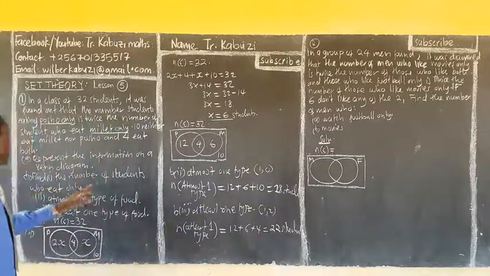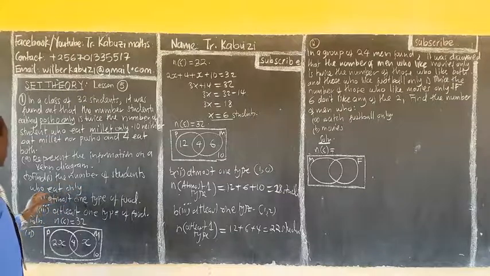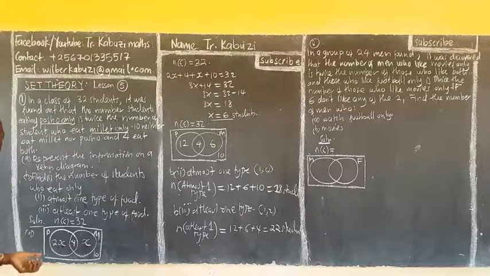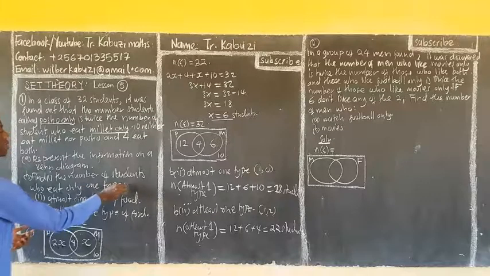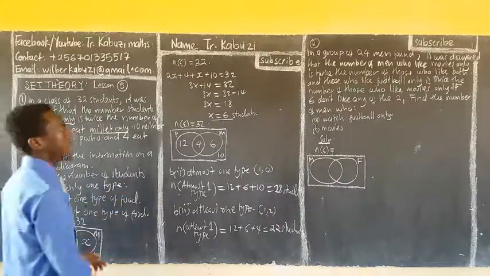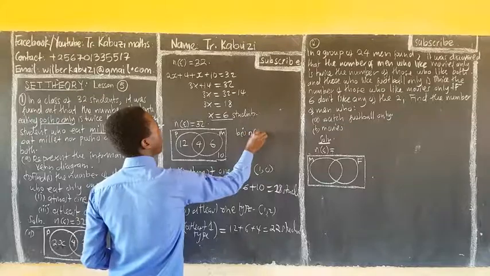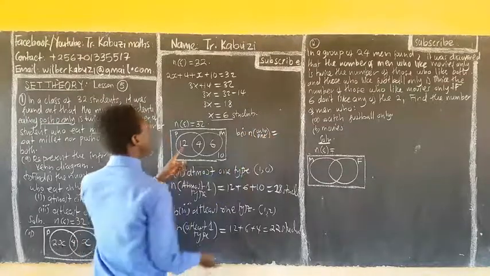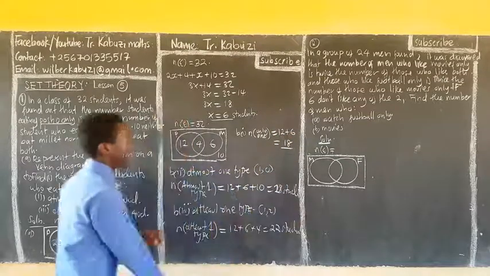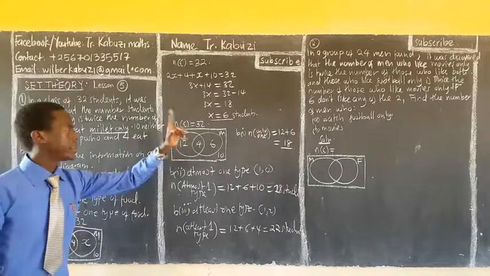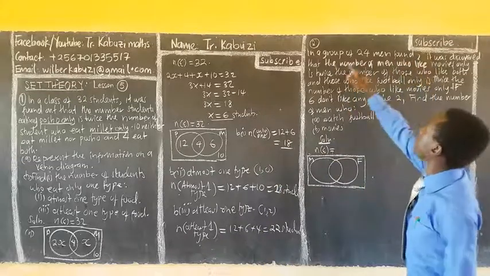Then we say those who eat only 1 type. Okay, and only 1 type. So those who are eating only 1 type, our B, Roman numeral 1, only 1, is going to be the 12, and plus 6, which is going to be 18 students there. Okay, these are eating only 1 type. Okay, when you come to this, in a group of 24 men found, it was discovered that the number of